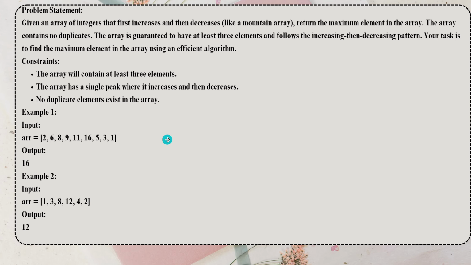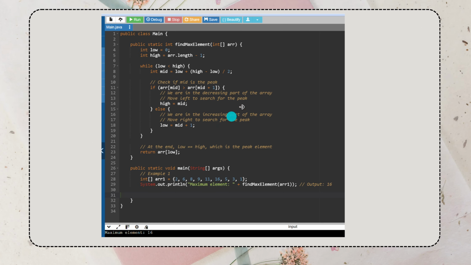For this you have to use the binary search algorithm, okay. See this question, 1 3 8 12 and 4 2. Now the greatest element is 12. We have to use binary search. So have a good idea on that also. See, I have run a program in the online compiler and I have got the output as the maximum element. It is as simple as the